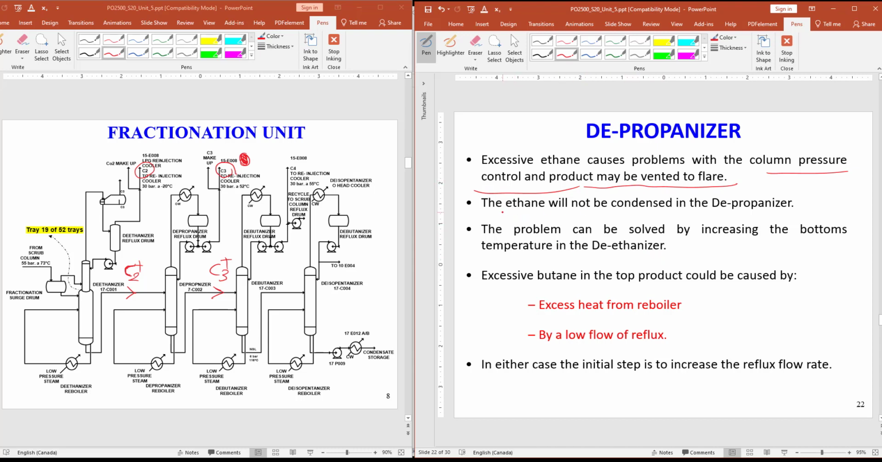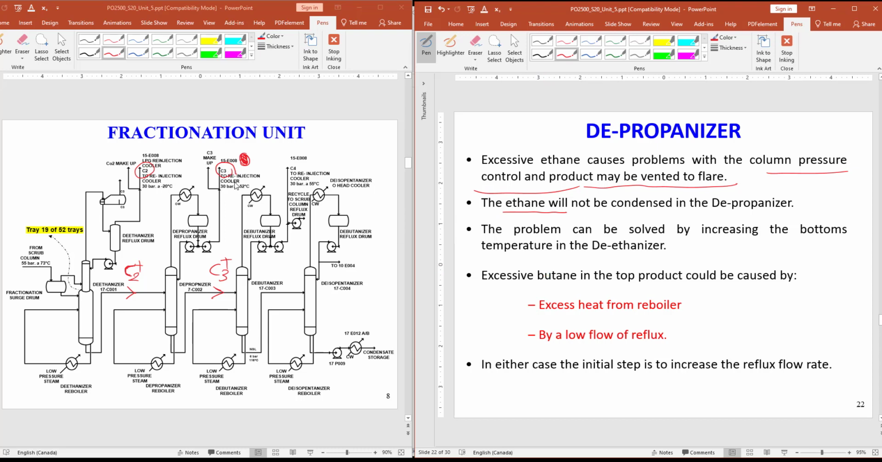The ethane cannot be condensed in the De-propanizer, because the De-propanizer has the operating pressure and temperature to only separate propane from heavier molecules, heavier than propane. We cannot separate ethane. So if there is ethane at the top, we have to just send it to the flare. And if we see that we have butane at the top, okay,